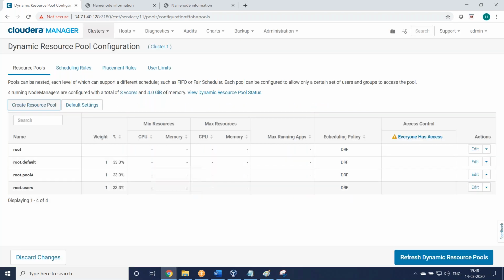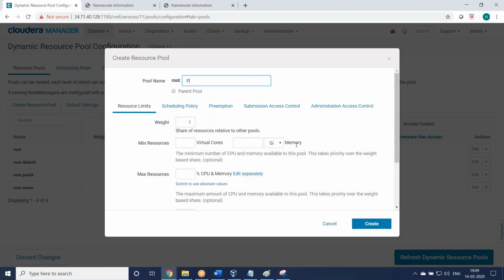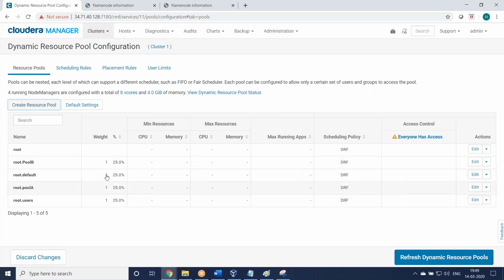I am creating a pool. You can see 50-50 has now changed to 33.3. I'll create one more pool, pool B. Now you see, this way, however many pools you create, the resources will be automatically divided. You can refresh the dynamic pool.